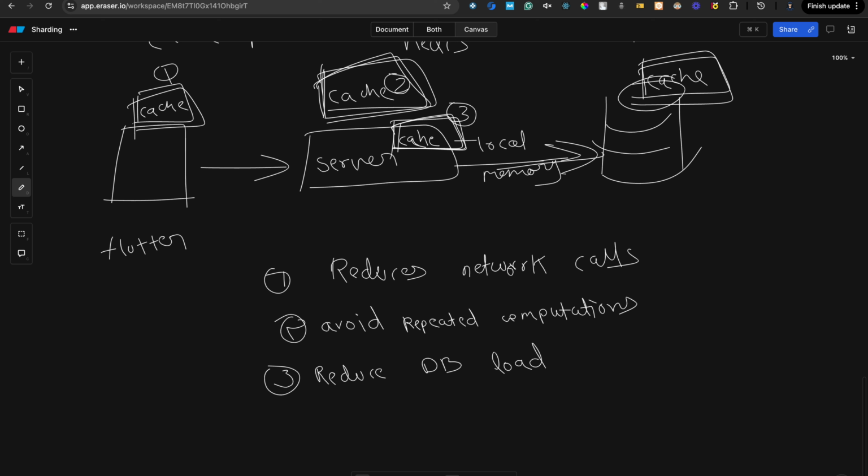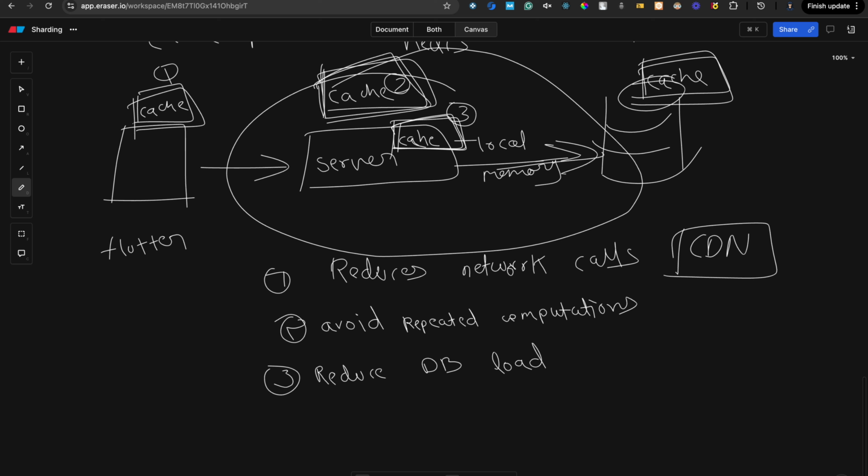And all these things actually depend on your cache policy and the placement of the cache, whether it is in the user device or you are using everything. In most big companies, everything is used. They manage the cache in their own way. And there is one more type of cache you might be aware of, which is CDNs, content delivery networks. These are a type of cache stored on servers near your location, and they store the data on that server cache and return the data from that server itself.